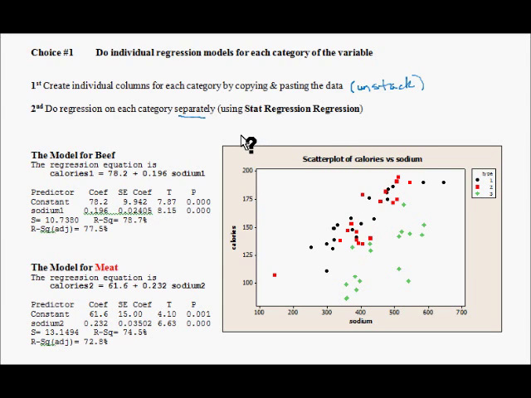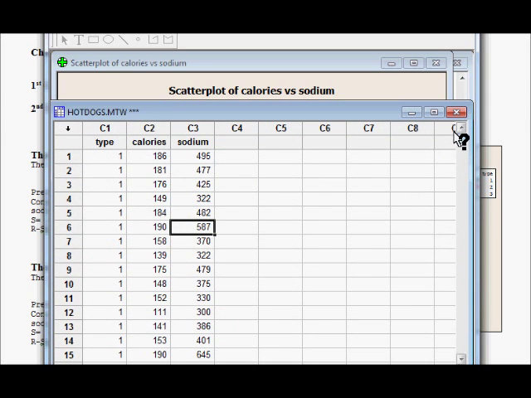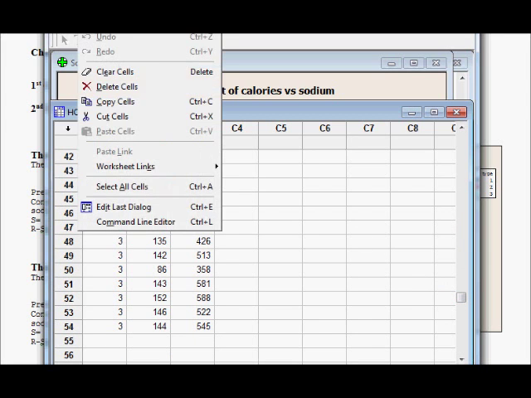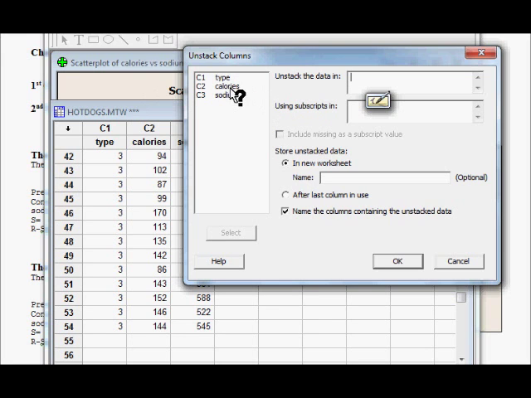So I'll do a regression for beef, a regression for meat, and a regression for poultry, for type 1, type 2, type 3 separately. Okay, so here, if we go to Minitab, here's our data. So we have type 1, type 2, and type 3. So what I can do is go to Data, Unstack. If I do Data, Unstack Columns, I can unstack,